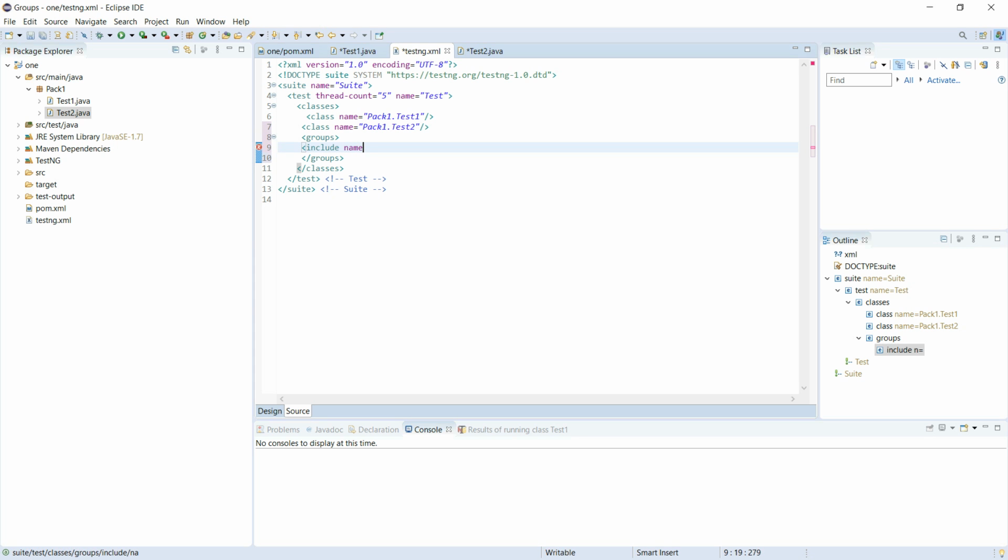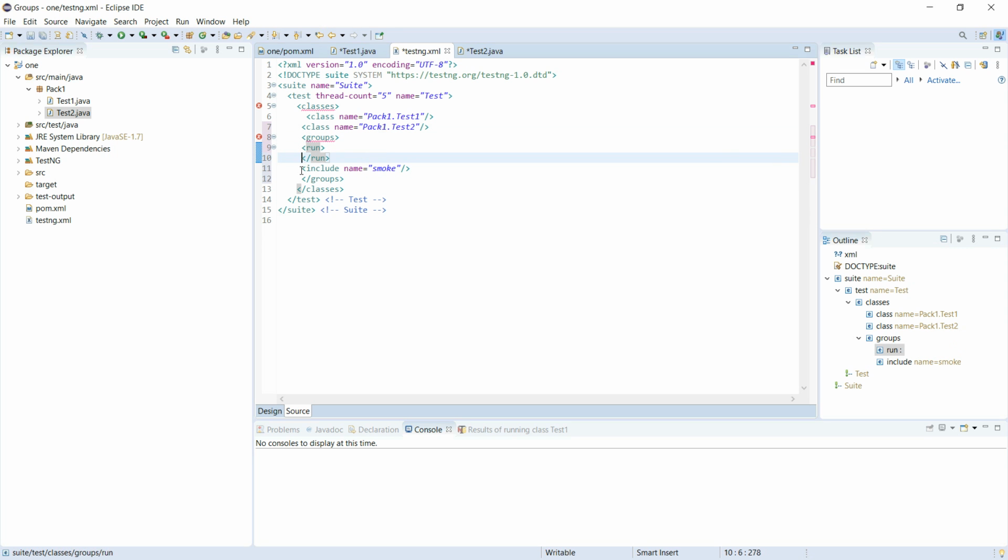Include name equal to smoke, and we should close the tag. So we have to use run also. Run. So in between the run we have to write the include method.